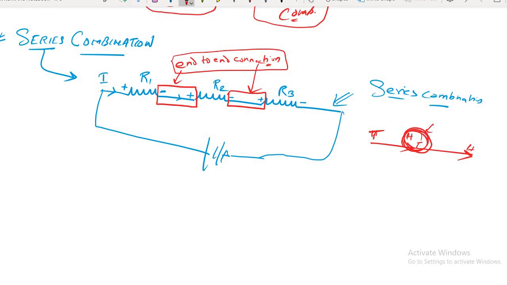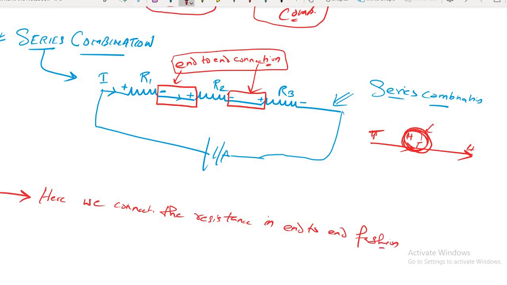Anybody any problem? The first thing you have to remember in series combination is, here we connect the resistances in end-to-end fashion. Okay? In end-to-end fashion we connect the resistances. Have you understood? Number 1. Anybody has any problem? Okay. The next very important thing that you have to remember is, in series combination,